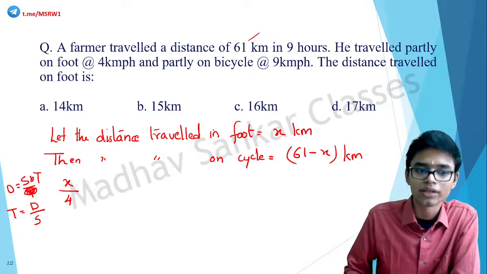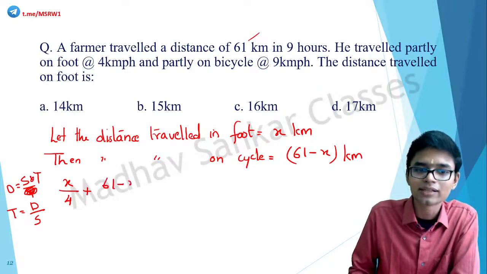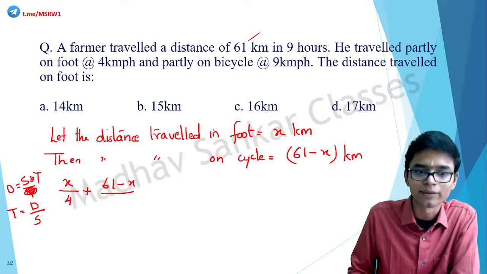Okay, so using this formula, x by 4 plus 61 minus x by 9 is equal to